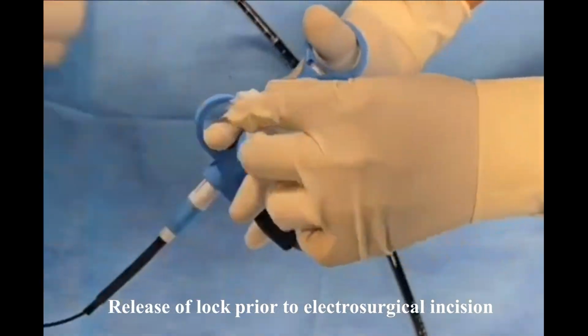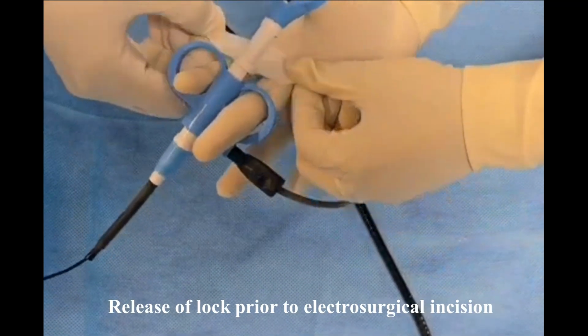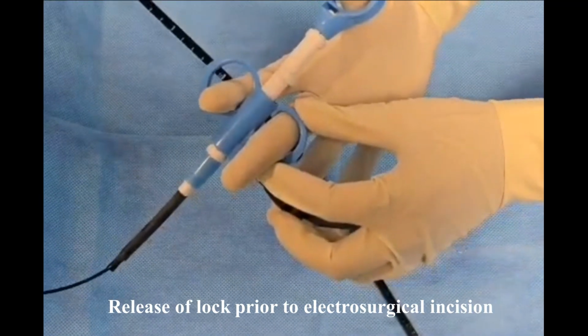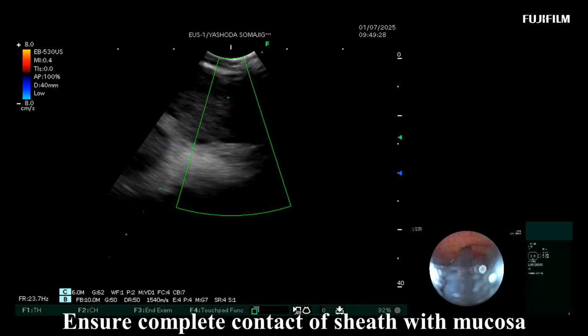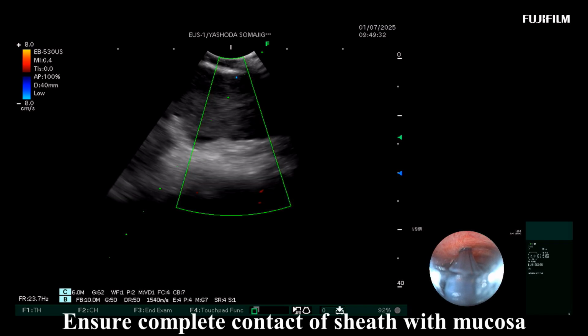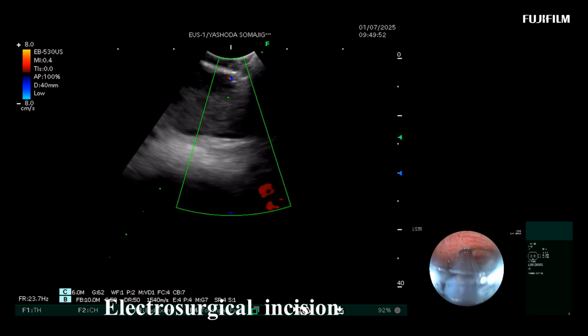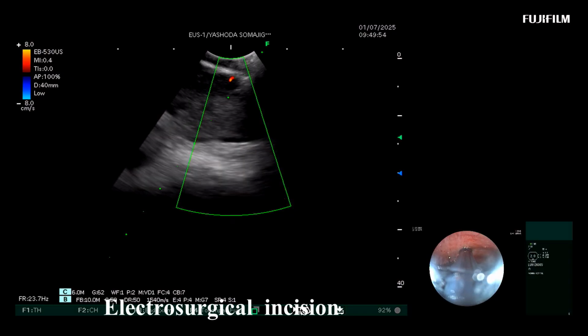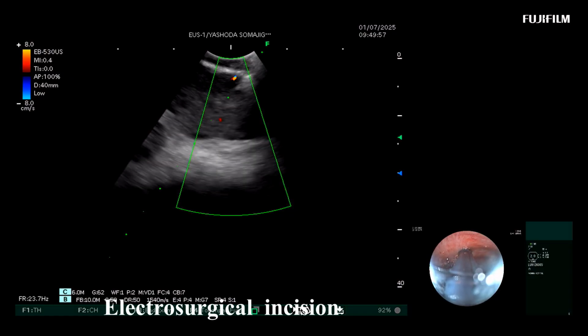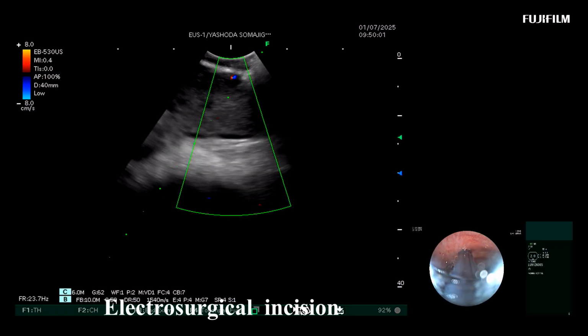And once we know that there is a complete approximation of the needle sheath with the mucosa, now we are releasing the lock from the needle handle, and once it is done, now the needle is passed inside the node and activated so that the breach of the mucosa and the submucosa is done with the first activation. Following this, we push the needle further and then reactivate the needle so that we breach the capsule of the